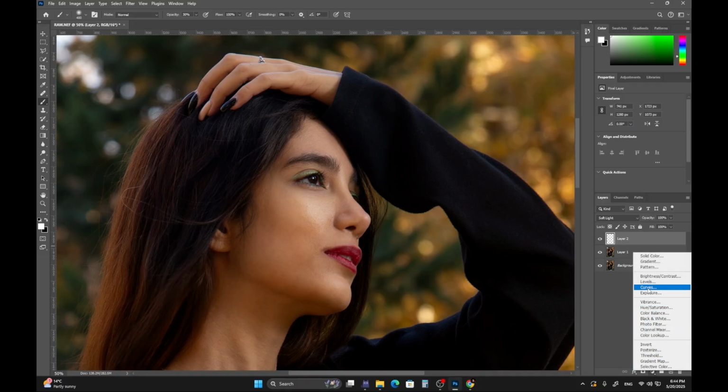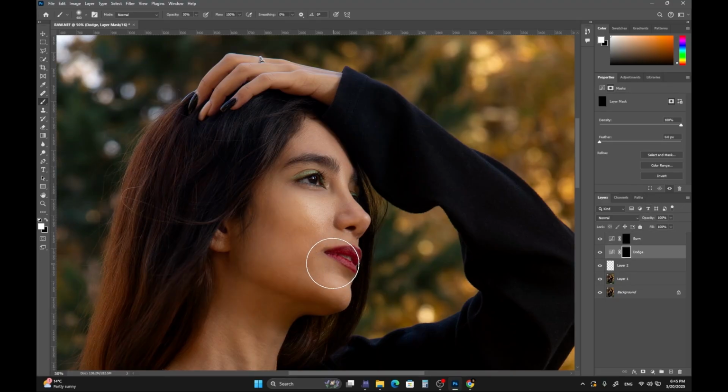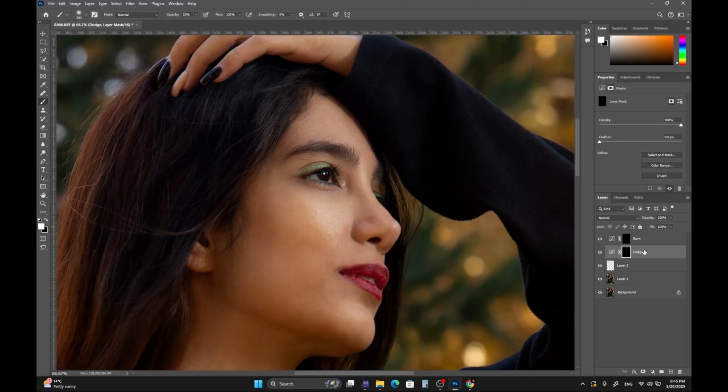Next, I add two curves adjustment layers, one for dodge, light areas, and one for burn, shadows. Use Ctrl I to invert the mask, then with a soft white brush, 15 or 20% opacity, start painting on the areas you want to enhance. For dodge, lift the curve and brush on the highlights. For burn, pull the curve down